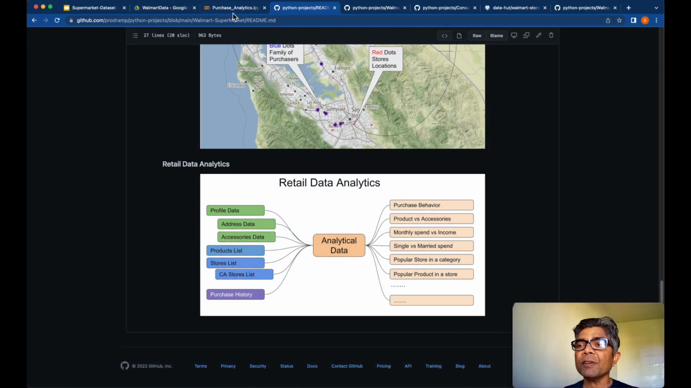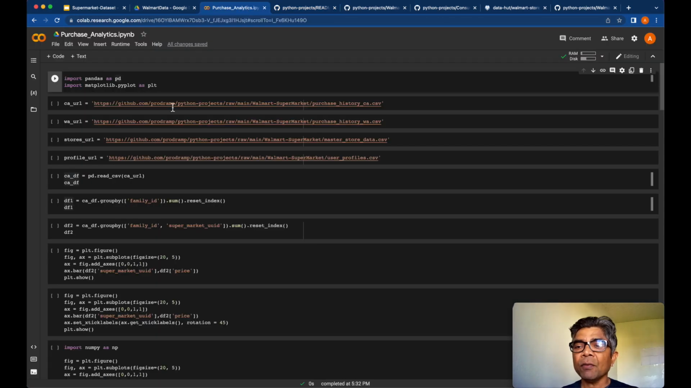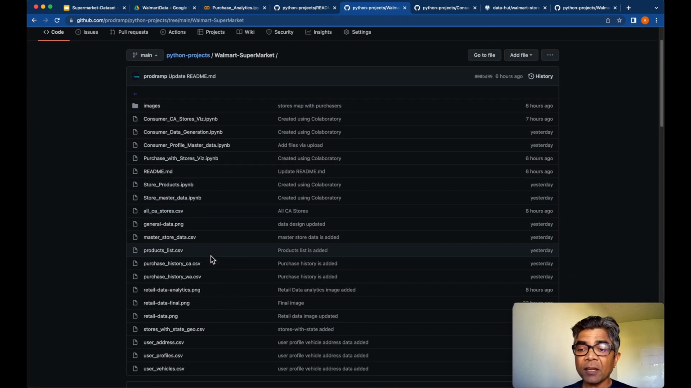So for that reason, I already have this Jupyter notebook created for you. It's complete. Otherwise, it would have taken a massive amount of time to build this from start to finish. So this Jupyter notebook is ready. As you can see here, I have already referenced some of the data sets which we have created earlier and